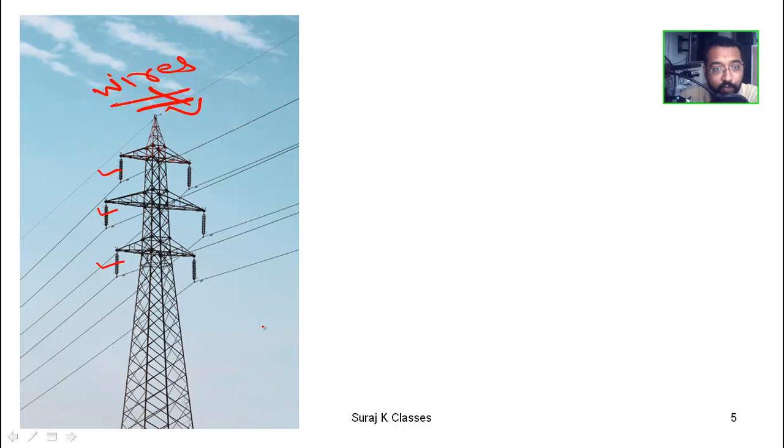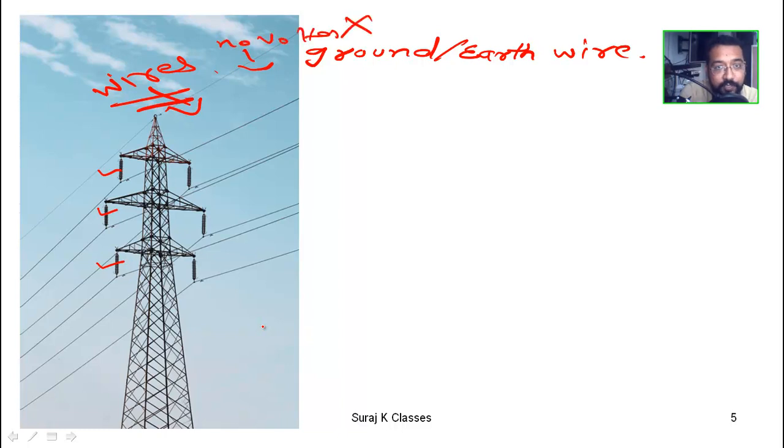This is called a ground or earth wire. This wire is potential free. It has no voltage; nothing is flowing through this wire. This is nothing but a kind of surge arrestor. Whenever any surge happens,